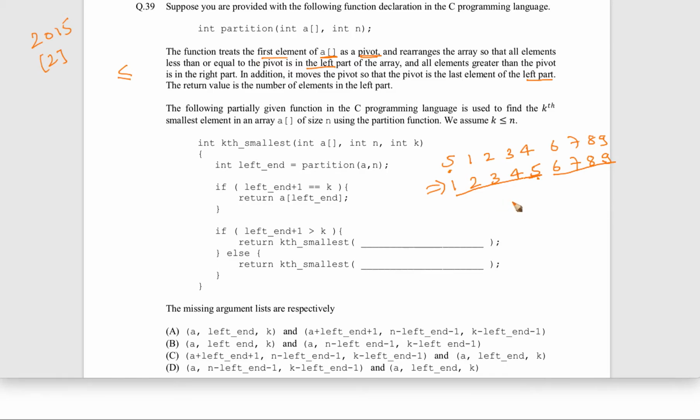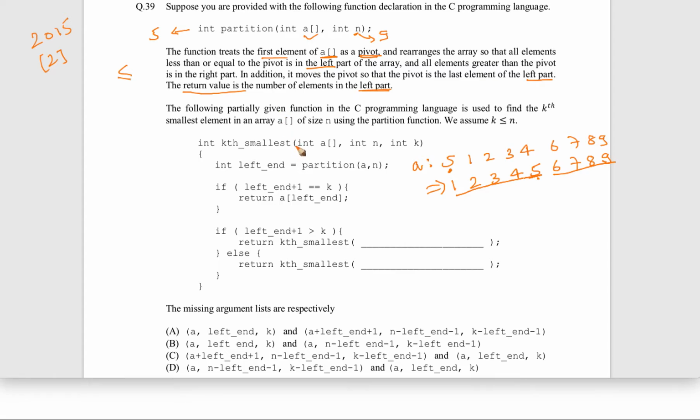What is happening is that this array is going to be passed here, n is the total number of elements, so n is basically 9 in this case, and when the partition function is executed, this will be chosen as the pivot. The first part will have 5 elements, the second part will have 4 elements, and this function will return 5. Why? Because it is given that the return value is the number of elements in the left part, and that's why it will return 5.